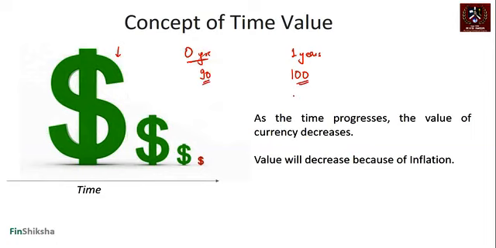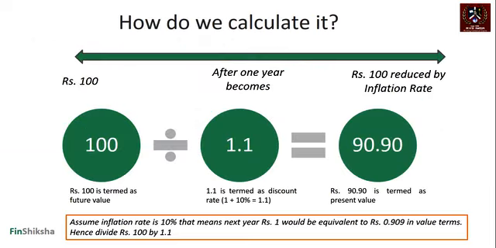year, right? Now, when we say the value has fallen, it's to say that what you're able to purchase today with 90, a year down the line, you will need 100 to purchase the same thing. So in a sense, the value has gone down, right? We'll understand this in the context of inflation as we look at it. So how do you calculate it?